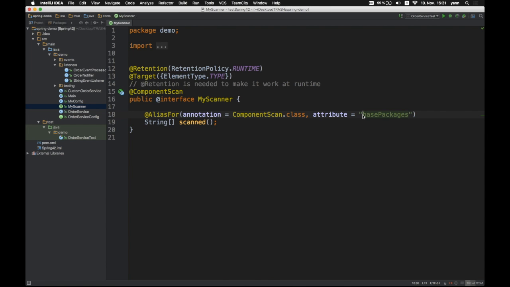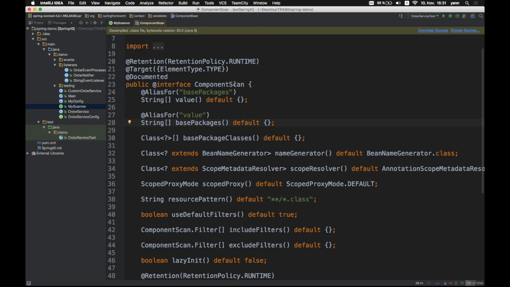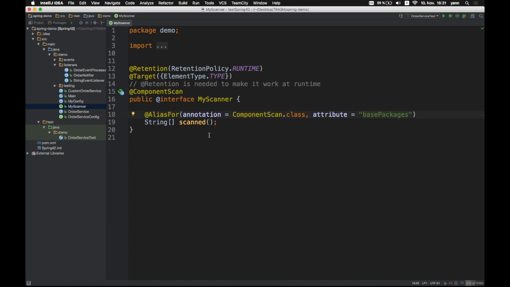And of course, you can control click here and go to the original definition from the inherited annotation as well. So that's a nice way to create your own custom annotations, inheriting from the default Spring annotations. You can redefine attributes. You can add your own attributes, which is especially interesting for